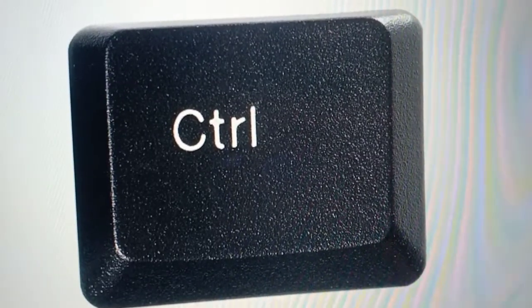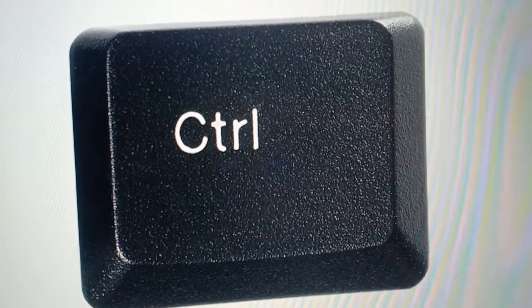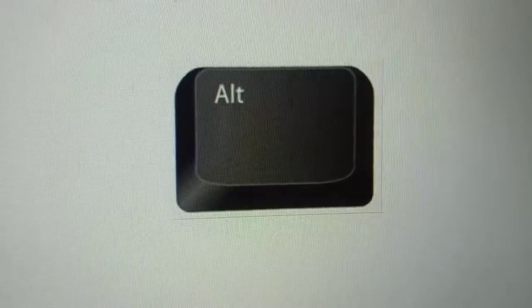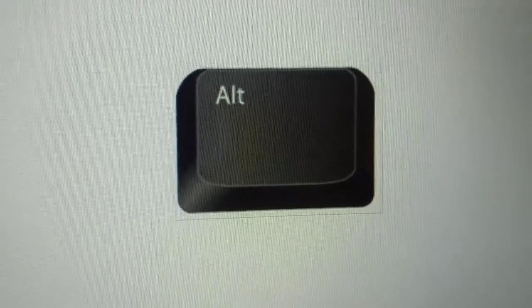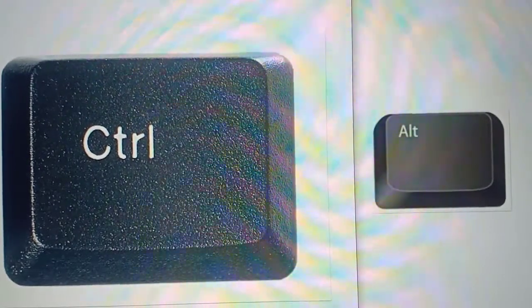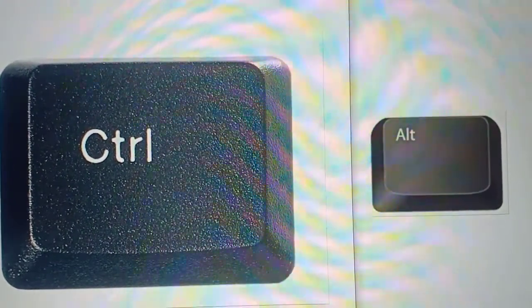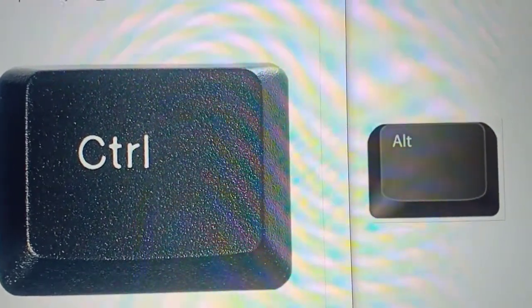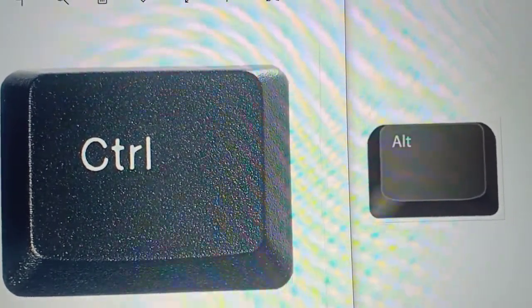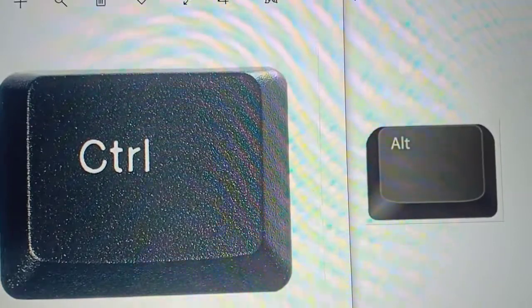The next one is the CTRL, means control key, and ALT means alternate key. So these two keys, control and alternate, that is CTRL and alt key, are used in combination with the other keys to perform specific functions.